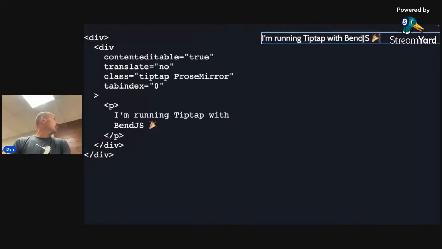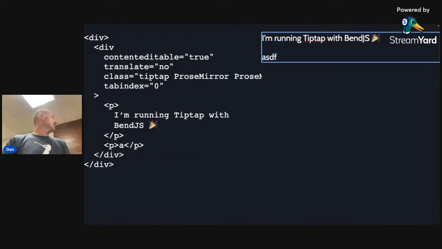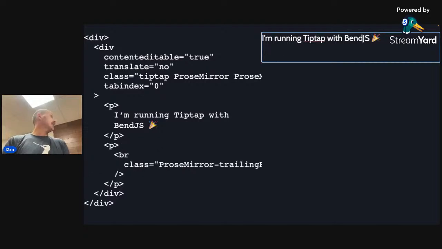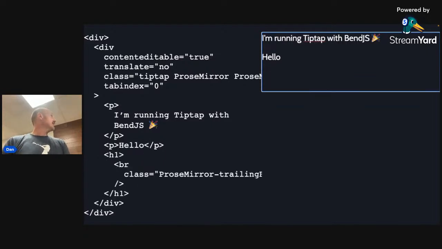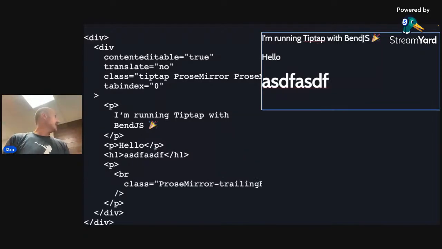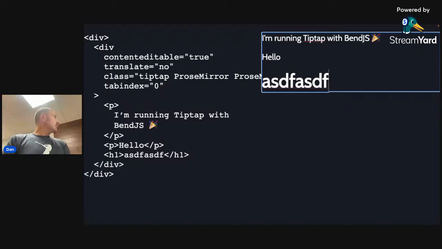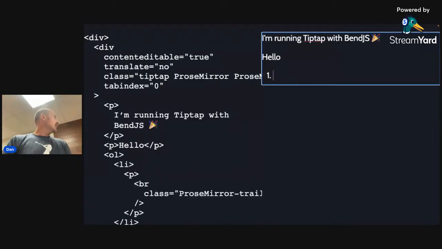So TipTap is cool. You can do neat stuff like when you hit the enter key, you get p tags, which is what it should be, right? That's what we're doing. We're typing on the internet, use p tags. I've used the basic building blocks. That means that if I type Markdown, it knows how to do the translation between Markdown and what I'm trying to type. The only weird thing that I noticed as I was actually putting this together is if you make a